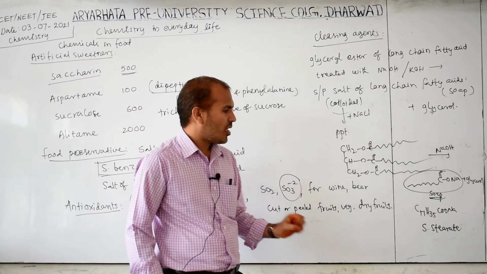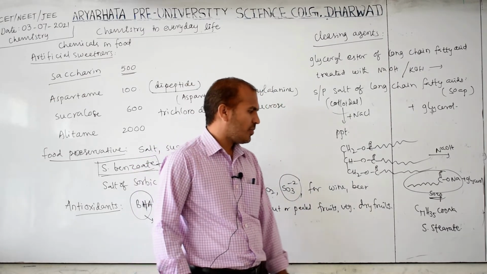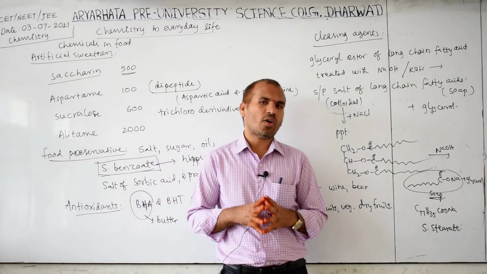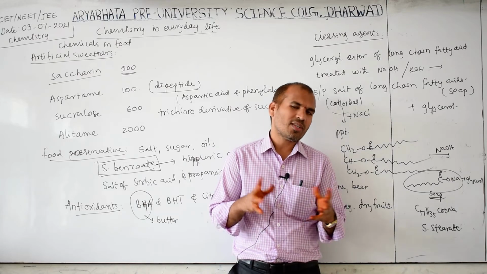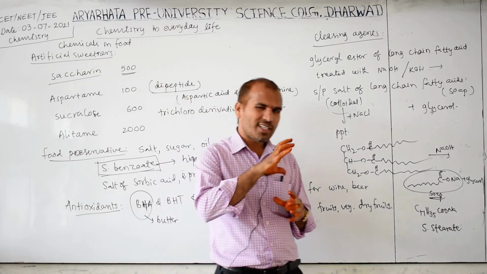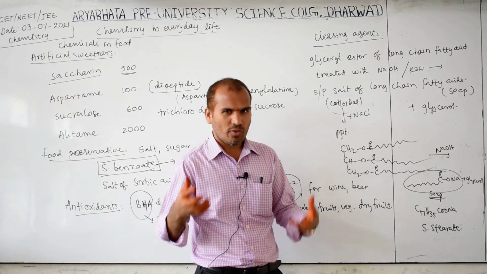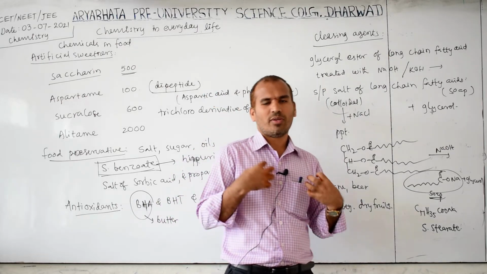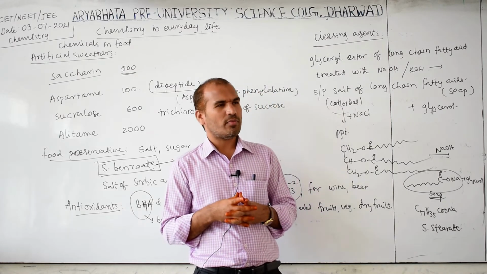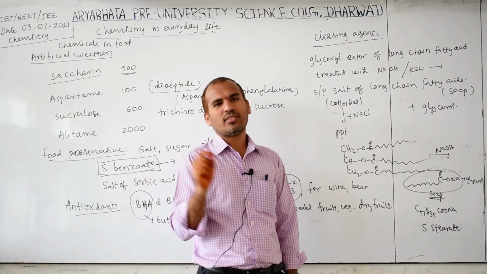Okay, so now we know what a soap is and how it is prepared. So next, types of soaps. One of the soaps here is toilet soap. What does toilet soap mean? Don't consider it is in the toilet. The bathing soap we use is known as toilet soap. So if you read the description on your soap packet, it may say toilet soap, meaning the soap you use for bathing or face washing. If you observe, on Mysore Sandal soap, it is very clearly mentioned: this is toilet soap.